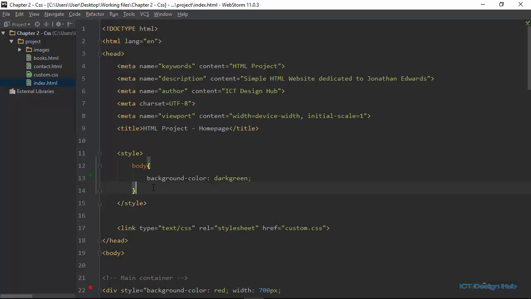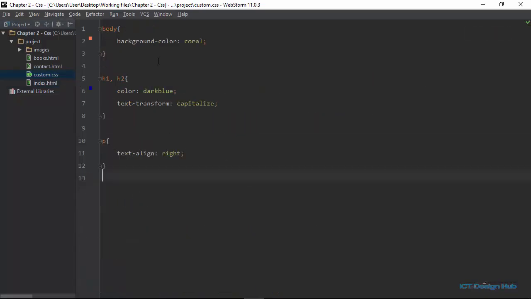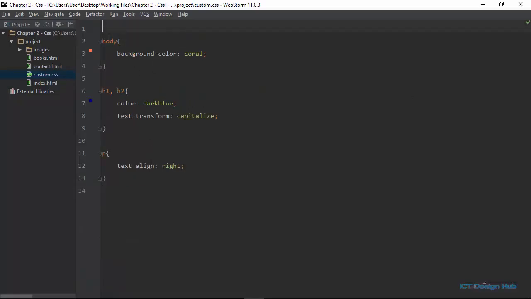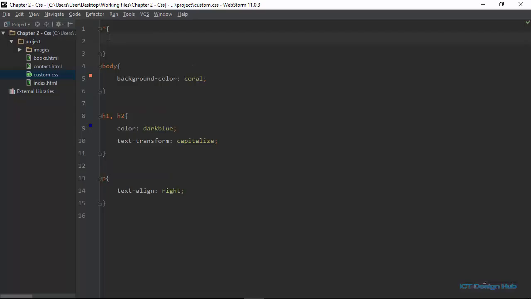The first one that you'll be learning is the universal selector. Let's go over to custom.css. You can use the universal selector to select and apply a style rule to all elements at the same time. To use the universal selector, instead of specifying the name of the element, we write down an asterisk character, open and close curly braces, and then we specify the style that we want to affect all the common elements